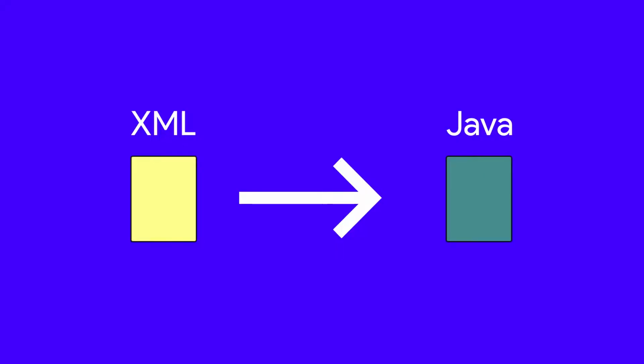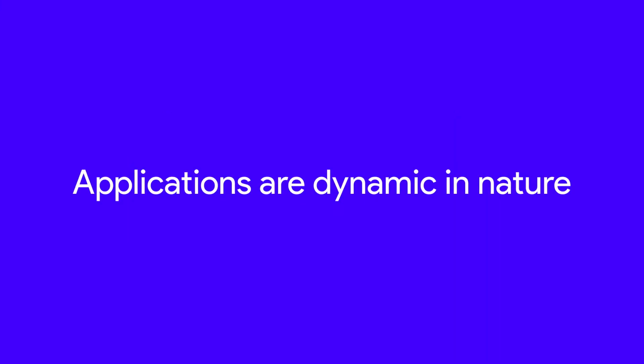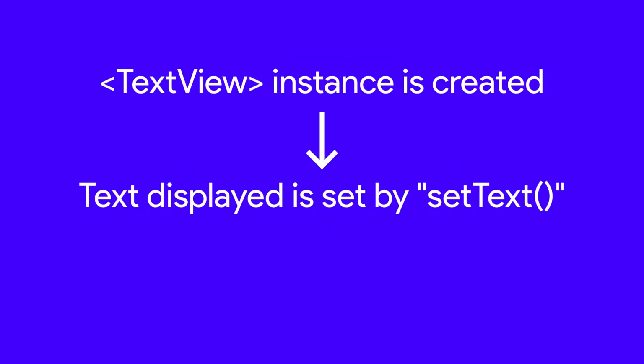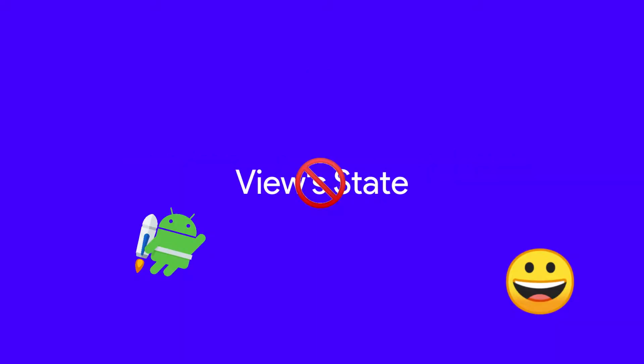Normally in Android, we declare our UI in XML, which is then converted to Java code by Android's framework. But our applications are usually reactive, which means that based on data, some components of our UI change. So it means that first, we are creating the view and then mutating it via getters and setters. This implies that the views have a state of their own, and every time we update the view, we are changing its state. In the case of Compose, the problem of views having their own state is eliminated.